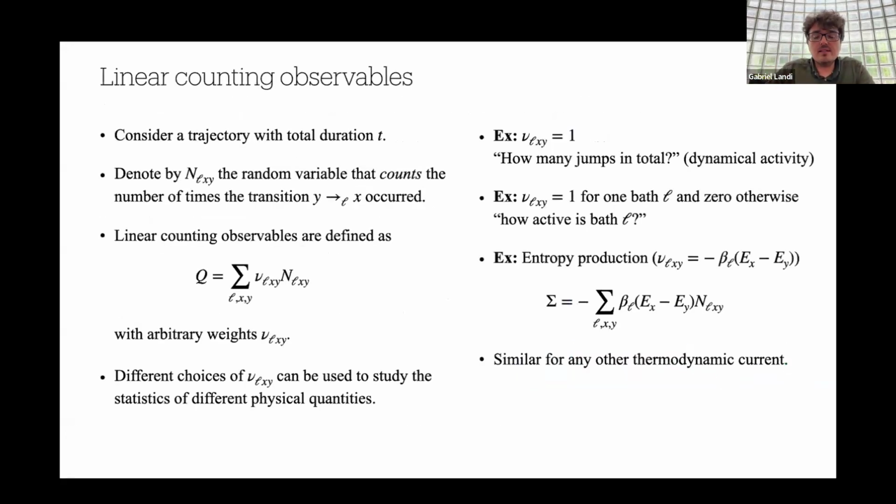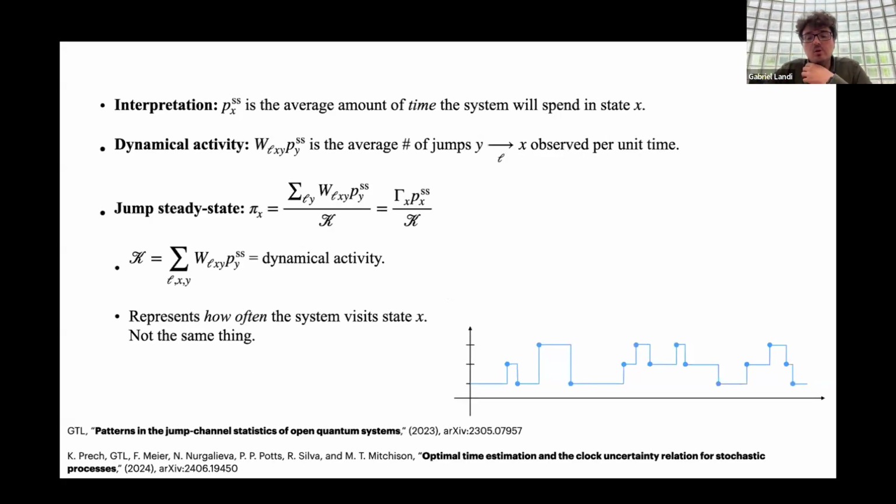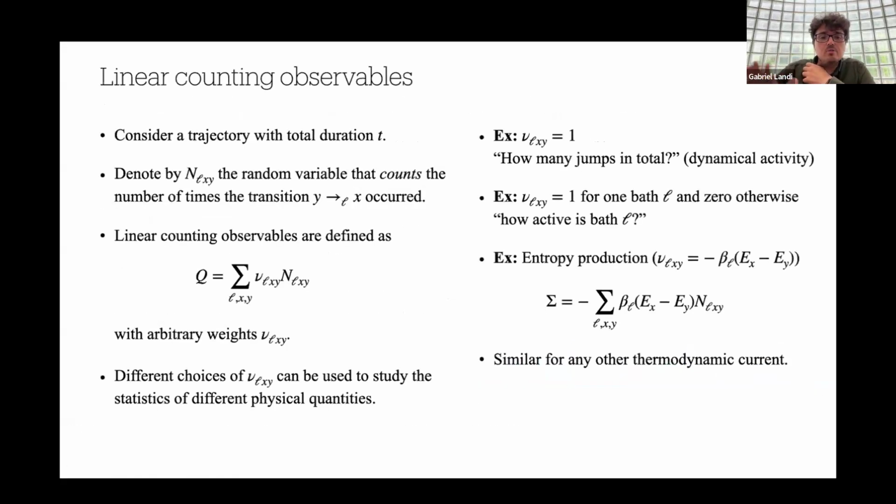Okay. Now, where does the thermodynamics come in? This is the important bit. It comes in through what we call linear counting observables. So imagine you have a trajectory like this one in blue here, and suppose that it has a fixed duration that's called t. Now we're going to construct a random variable. I'm going to call it nLxy, which is just a counter. It's going to count how many times the transition from y to x due to Beth L has occurred